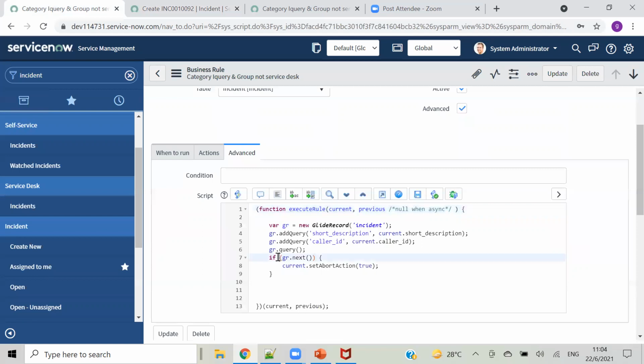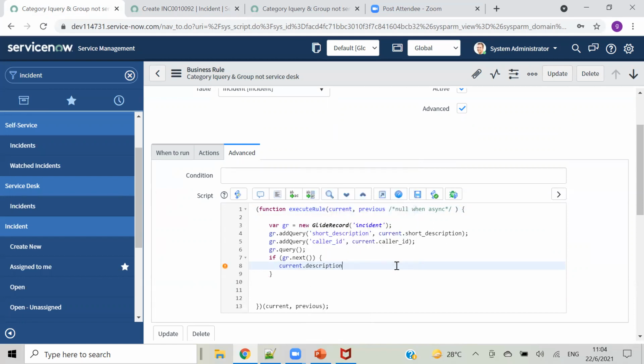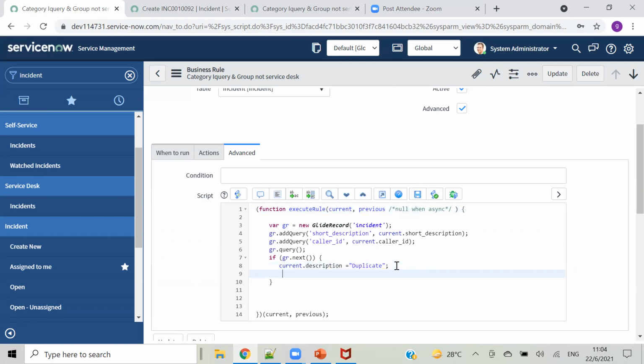And just one more condition. This was just for checking, right? And if this matches, and we have conditions matching the short description and Abel Tutor as caller, we want to add something in the description, like I'm giving 'duplicate', just for example, and current.update.